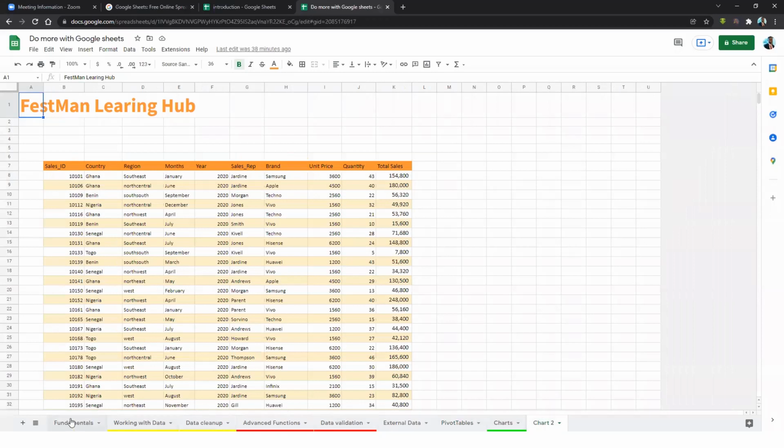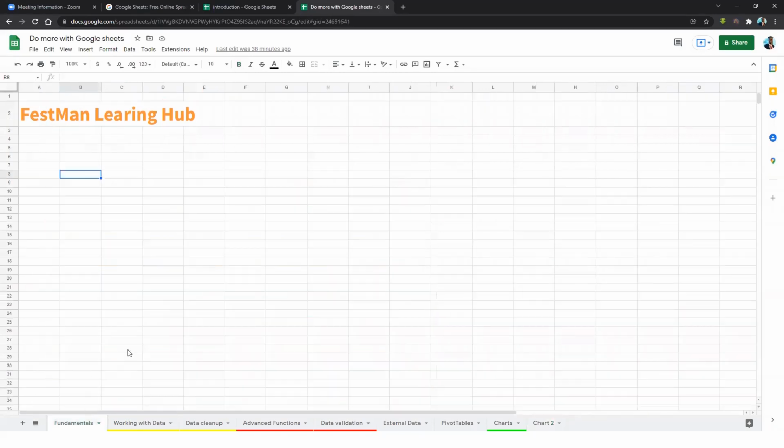Then finally, we look at how you'll be able to share your workbook and collaborate with other users on the same project. So here on the fundamentals, as I told you earlier, to insert a sheet, you just click on this and you'll be able to add a sheet. Sometimes you'll have a lot of worksheets here, so you won't be able to see all of them. You can click on this tab here, and you'll be able to see all the sheets